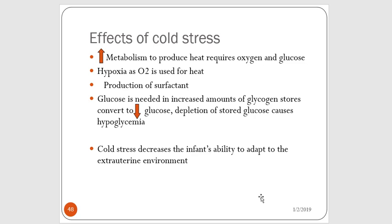Cold stress causes an increase in their metabolism to try to produce heat, but it requires the use of oxygen and glucose. And the baby will become hypoxic because the O2 that they're taking in from their environment is being used primarily to try to generate heat and not being used to meet the oxygen needs of the tissue. In addition, cold stress can decrease the production of surfactant, so it can increase the baby's risk of developing